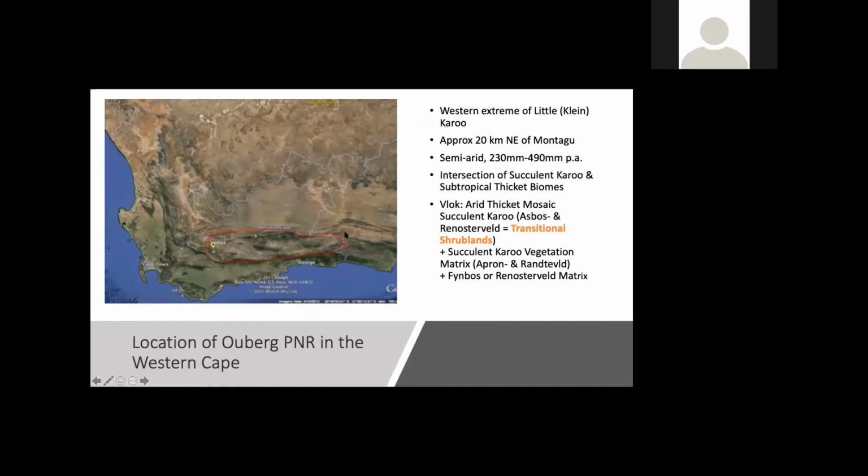It's in a very interesting area in terms of the biomes, because it's at a confluence of succulent karoo and fynbos. It depends whose classification you use as to how you're going to describe the veld. So Mucina and Rutherford, you would use succulent karoo and subtropical thicket biomes. If you use Jan Vlok's breakdown of the vegetation, which is far, far more detailed,